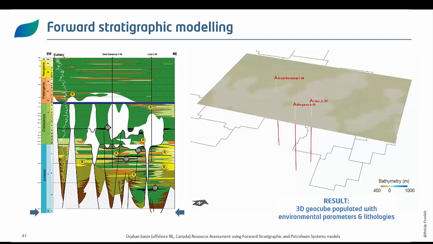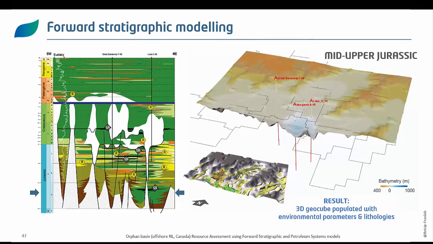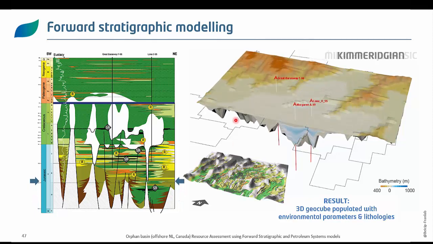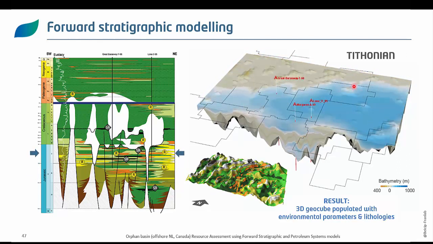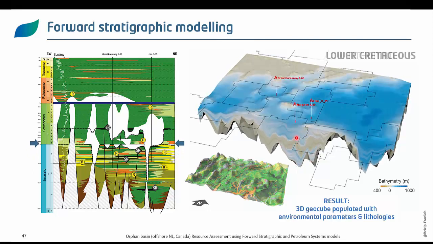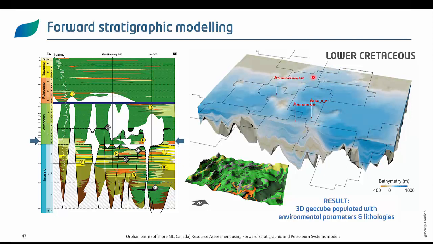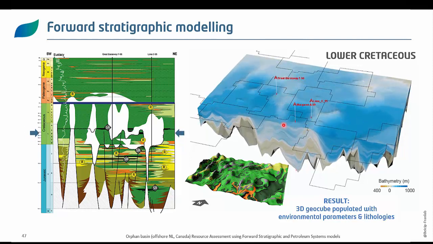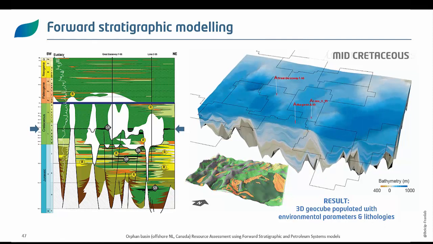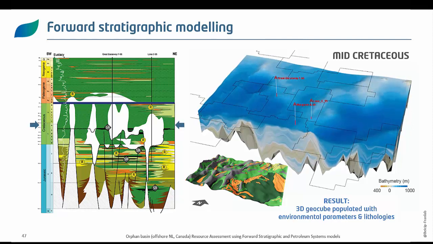2020 study. So I propose to visualize dynamically one of the final geocubes in a paleobathymetry view. As you can see, we can nicely reproduce the rift opening of the margin during the mid-upper Jurassic and the progressive onset of marine setting during Tithonian. Then we follow up with the second phase of rifting in marine setting during lower Cretaceous. You can also observe the eustatic pulse of flooding and sea level drop once the basin is almost drowned and connected to the Proto-Atlantic, up to the early late Cretaceous and the onset of more passive margin state.